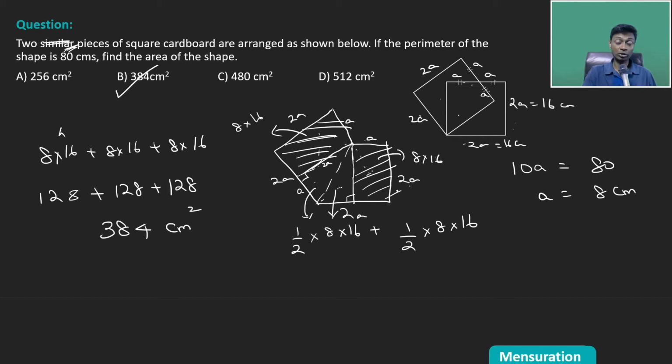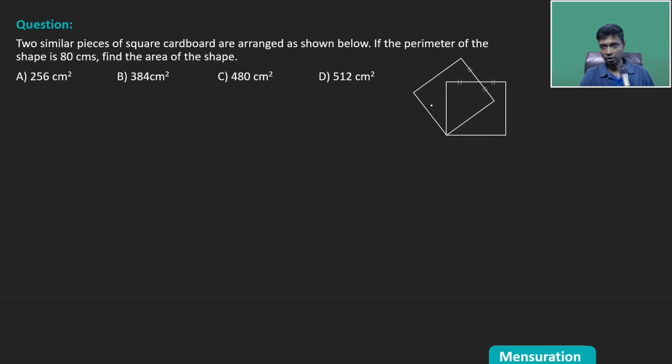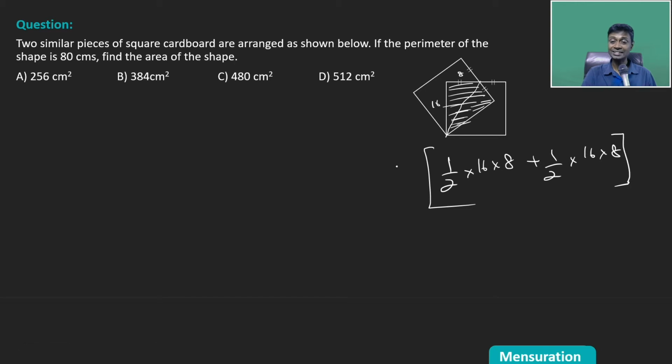The other way of thinking about this, we can add the area of this square to the area of this square. Both areas we add. In both of those, this area is repeated. So we add these two and subtract the shaded area, and we'll get the overall area. Find the shaded area, draw this. We have two right triangles measuring 16 by 8. Half into 16 into 8 plus half into 16 into 8. This is the area of the shaded region. Subtract this